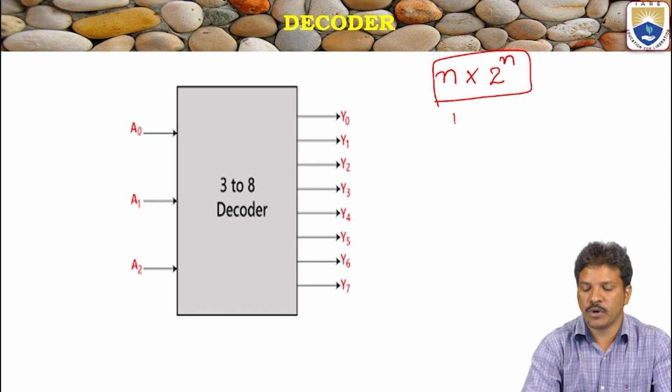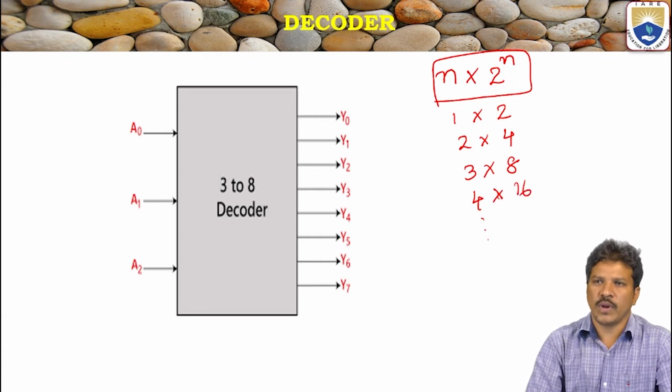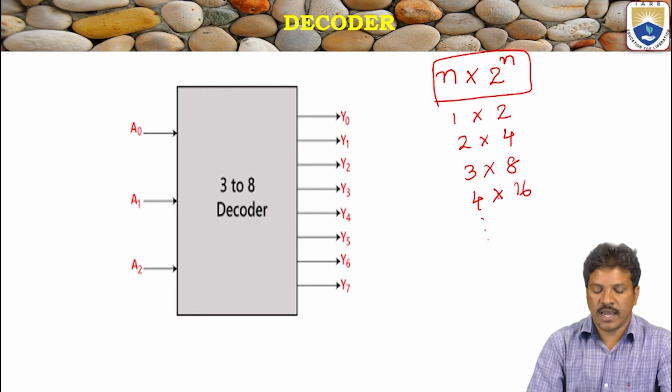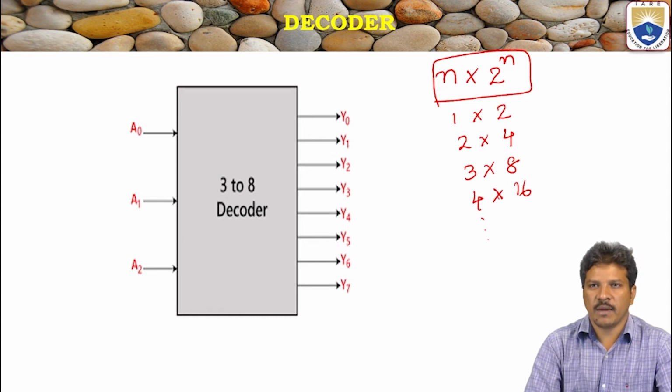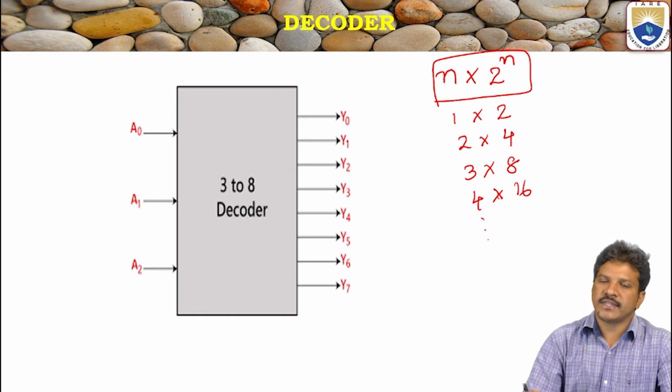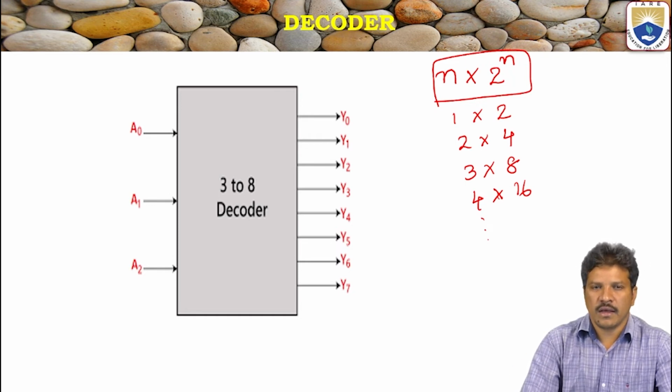By substituting n equal to 1, you will get a 1 by 2 decoder. Substitute n equal to 2, a 2 by 4 decoder, then 3 by 8 decoder, 4 by 16 decoder. Let us take a typical decoder, the 3 to 8 decoder. What we discussed earlier was 8 by 3, octal to binary conversion, and now we need the reverse conversion